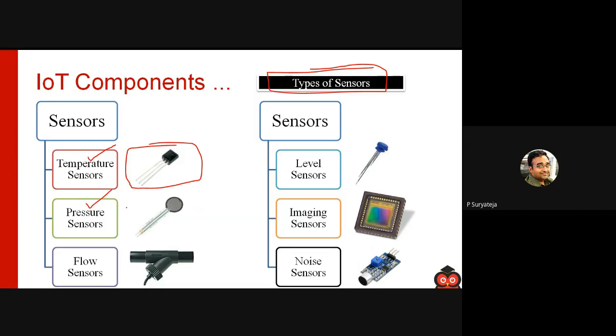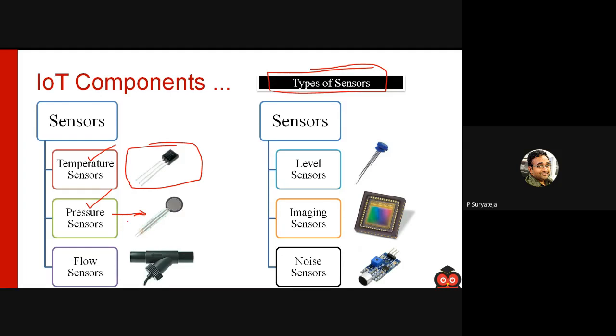These are very small in size. Generally these sensors will be the size of 1 inch, or most probably 2 inches, that's all. We will have bigger sensors also, but most of the sensor size is either 1 inch or 2 inches.